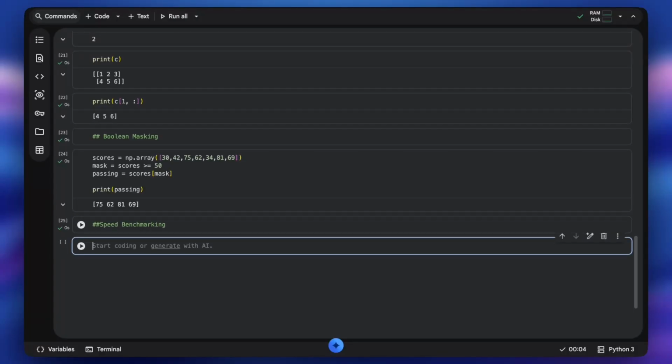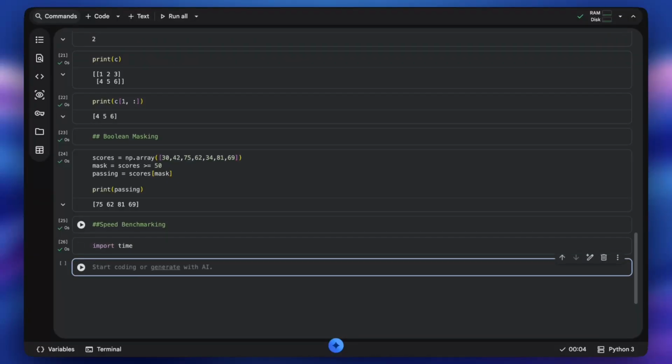Okay, so let's create a program for speed benchmarking where we will use the time library to calculate the time for both the operations of NumPy and list and check which one is faster, right? So let's just import time. NumPy we already imported, that's why we are not importing it this time. So we imported time.